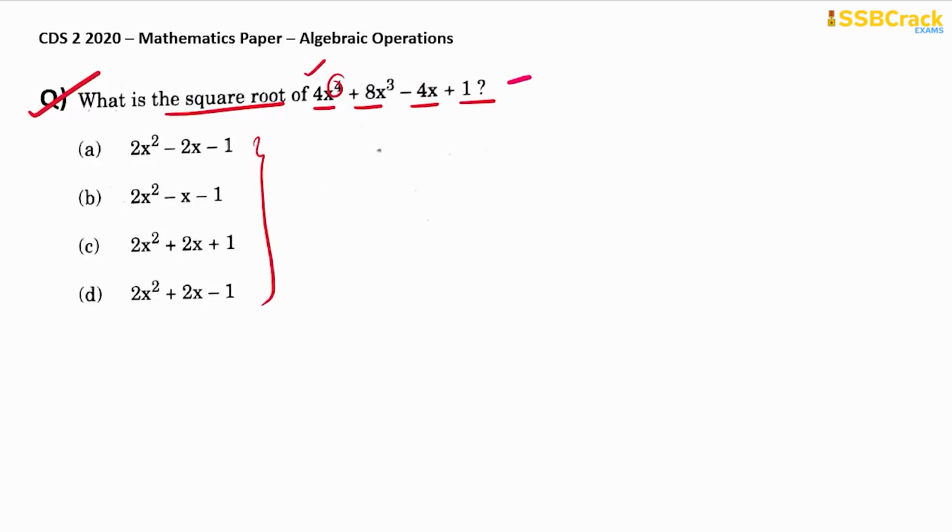So for that we are sure that the square root of this polynomial will be a quadratic polynomial. So we can take it to be equal to a general quadratic polynomial. So it will be equal to ax square plus bx plus c whole square. Now we can solve this right hand side by applying the algebraic identities, so that we can compare the coefficients and easily find the value of the missing terms a, b and c. Okay. So here we know that a plus b plus c whole square is equal to a square plus b square plus c square plus 2ab plus 2bc plus 2ca. So we can firstly solve this.